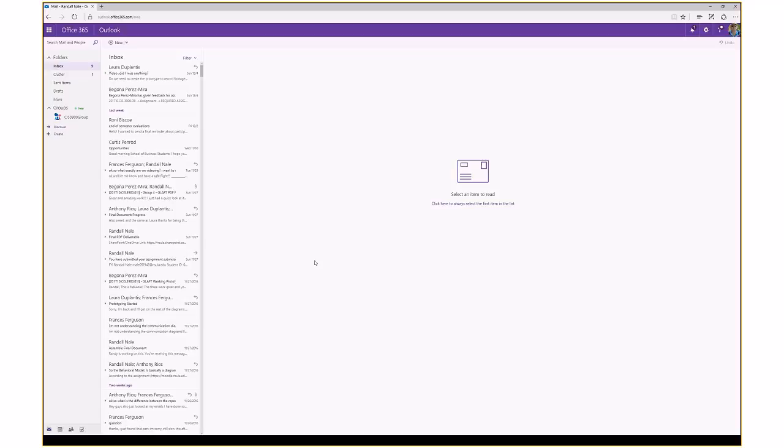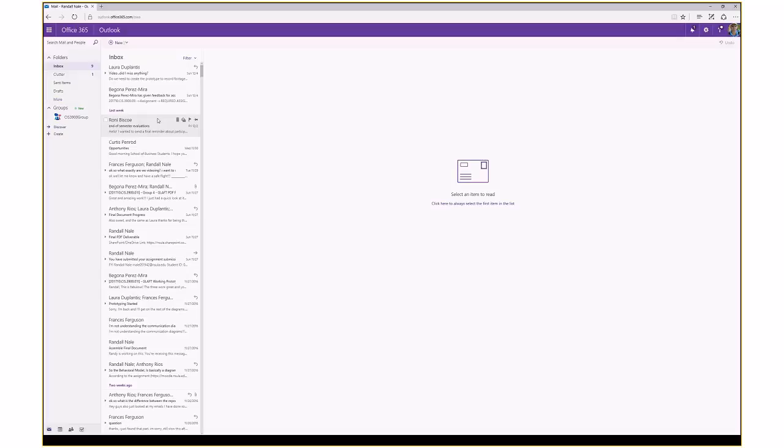But if you've not done any of that, it just defaults to taking you to the Outlook web application for your personal email. So here's my email from Northwestern, my ID at